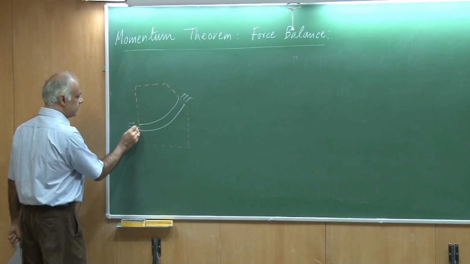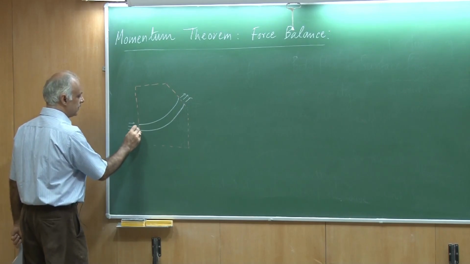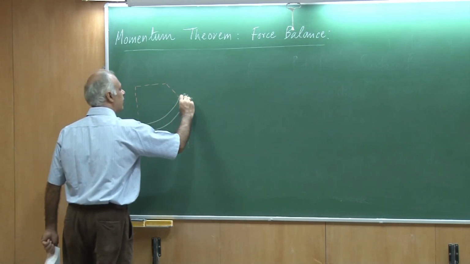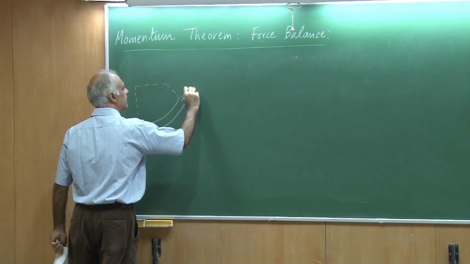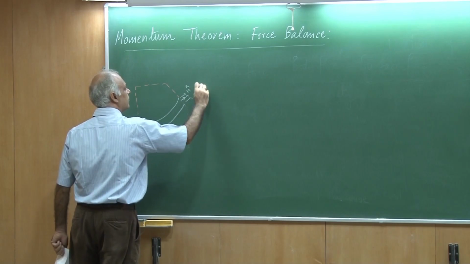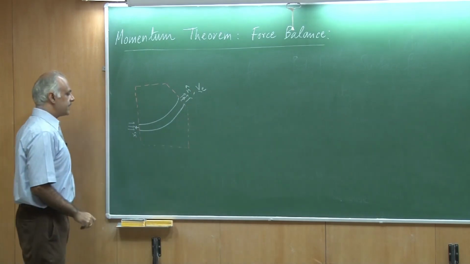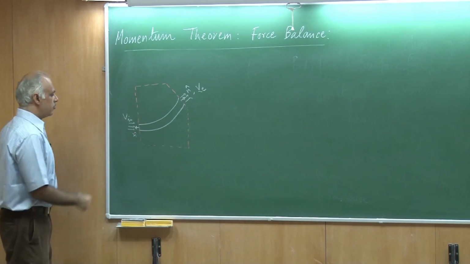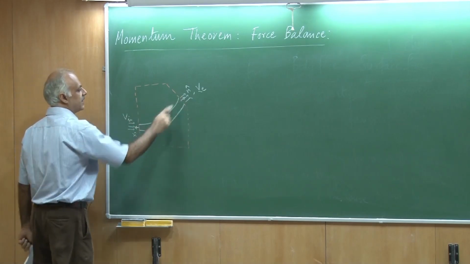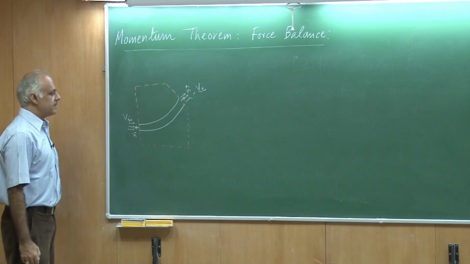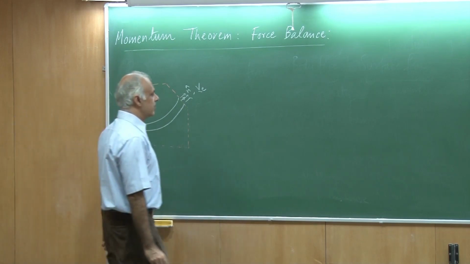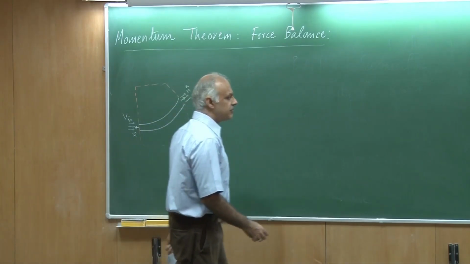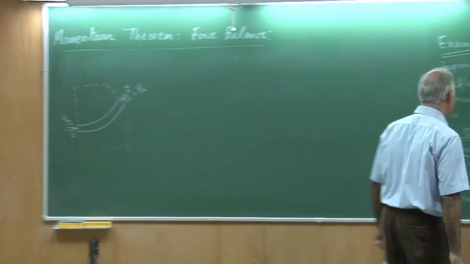You will notice this is the unit normal for the inflow, and for the outflow this is the unit normal, and also for V exit, and this is V inlet. So, opposite, and these are collinear. All right. So, if I estimate the terms, let us first look at the x equation.